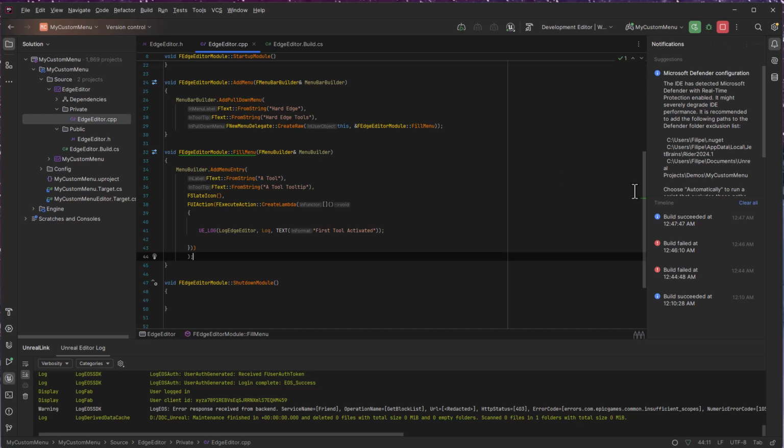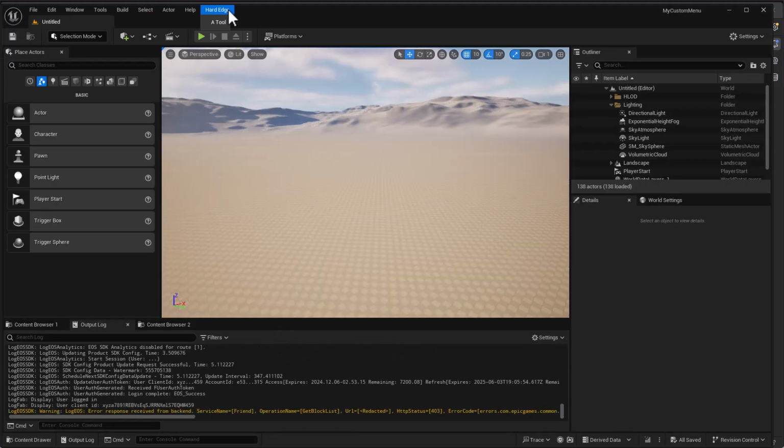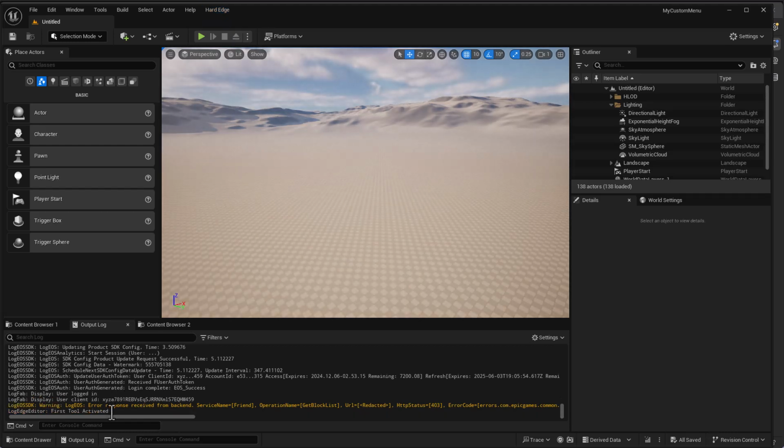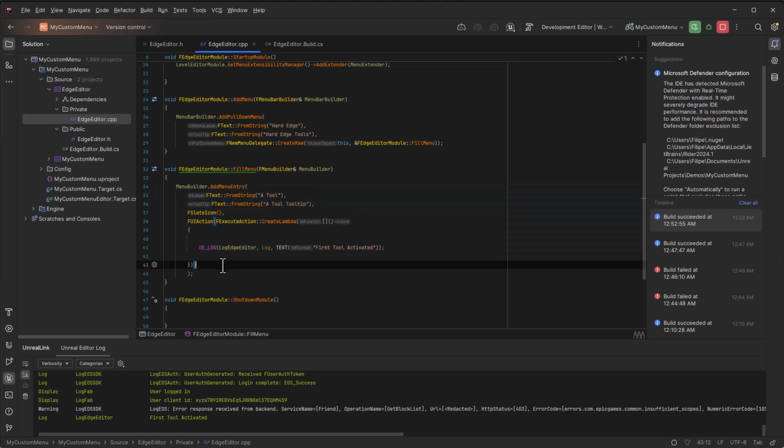So I'm going to stop the project from running. I'm going to rerun it, and you'll see that we'll have a nice new shiny button. Here we go. The project compiled just fine. And you can see here that I now have a tool. And if I click a tool, our first tool is activated. This is basically everything that you need in order to launch this project and add yourself a menu entry with